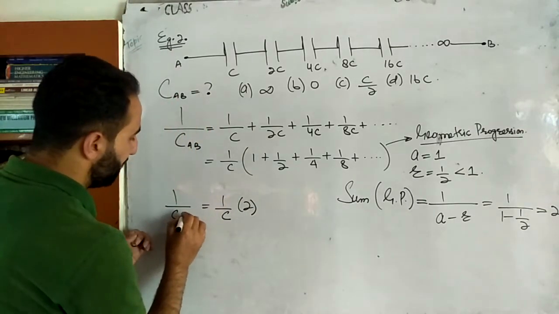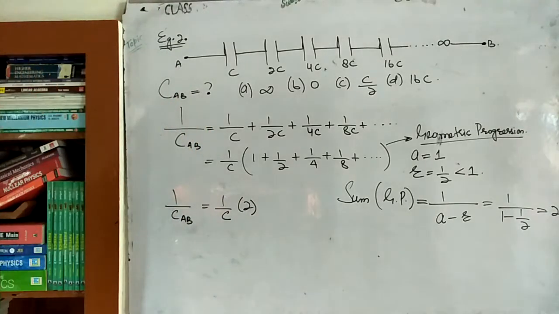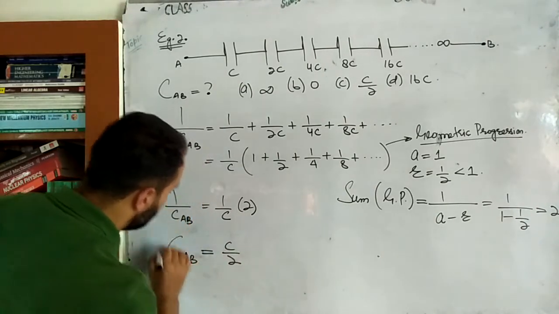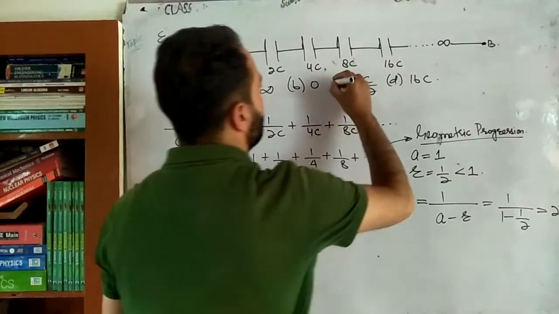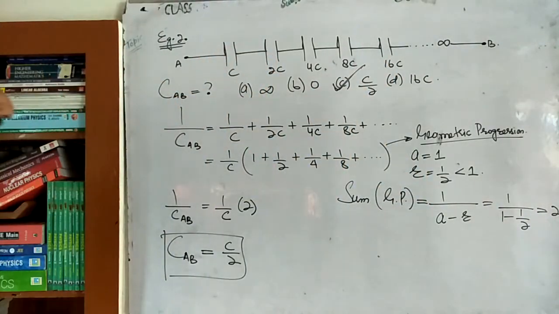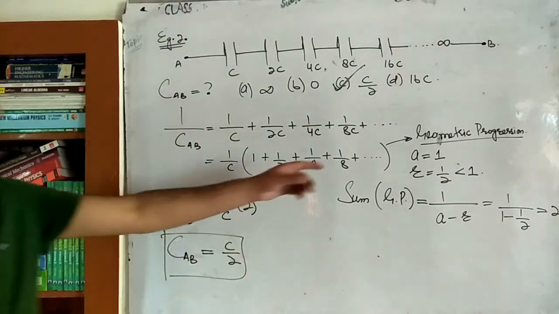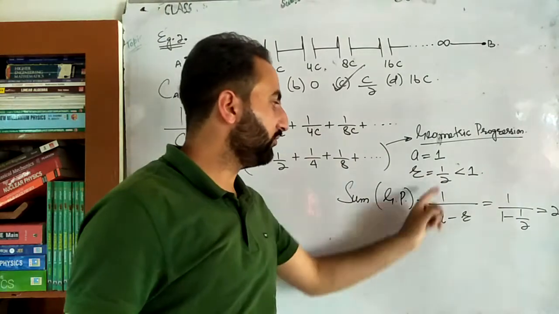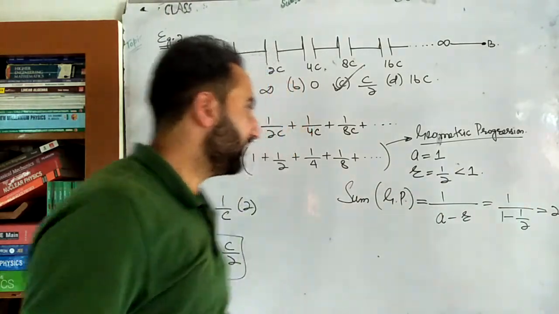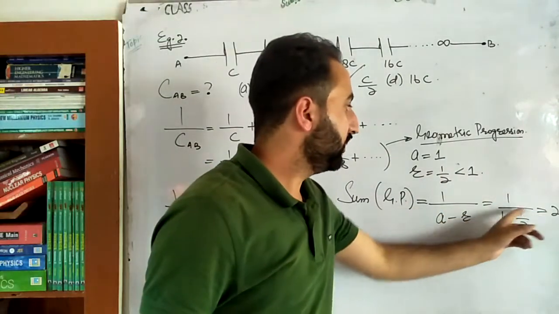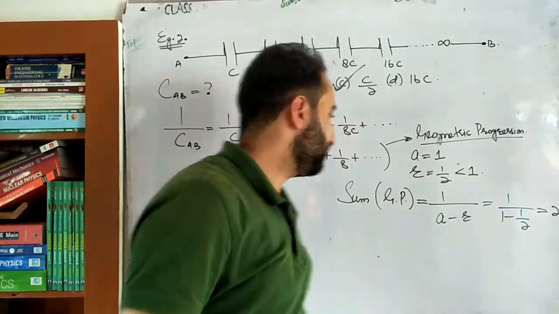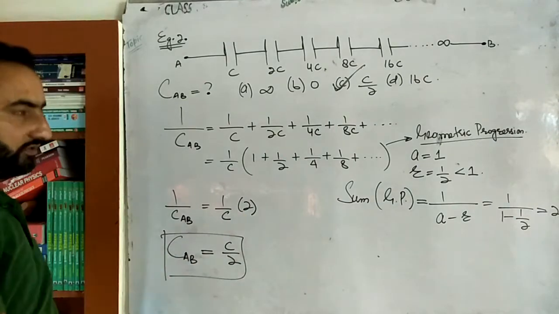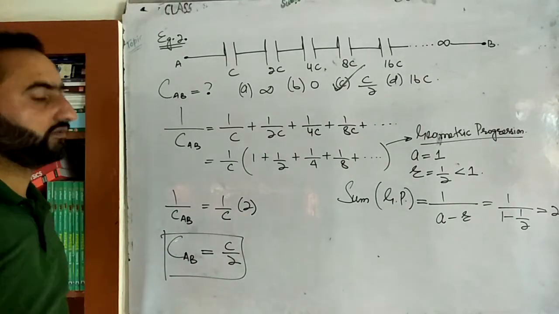So this here 1 by CAB. Now I have to calculate CAB. Capacitance between the points A and B will be simply C by 2. ये रहा इसका answer. That means this is the correct option. Important example. ठीक है ना बेटा, in the geometric progression, first term is 1, common ratio is 1 by 2, and the common ratio is less than 1, so it will be 1 divided by A minus R. तो ये रहा इसका आंसर, 1 minus 1 by 2 will be equal to 1 by 2, 1 by 2 in the denominator, so in the numerator it will be simply 2. So here I will replace all this by 2, so that is C divided by 2. So answer, ठीक है ना बेटा, pause screen, write it down.